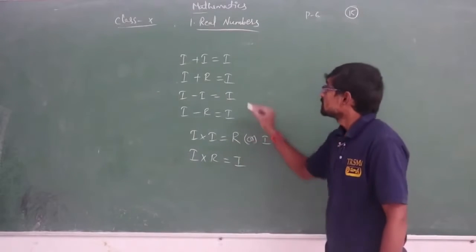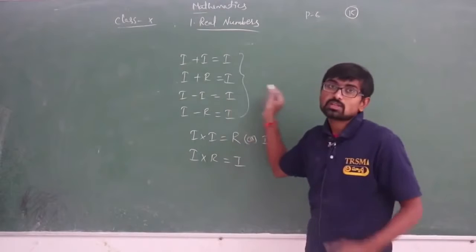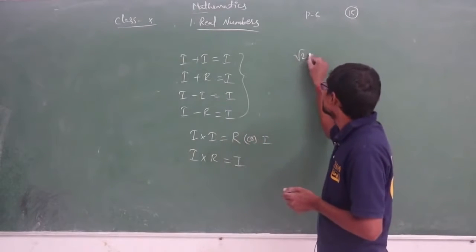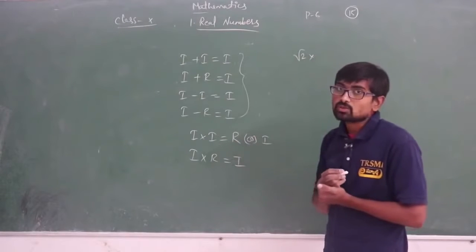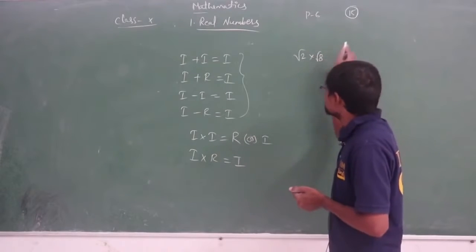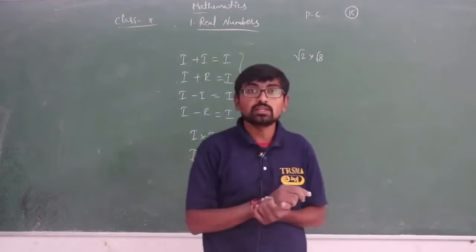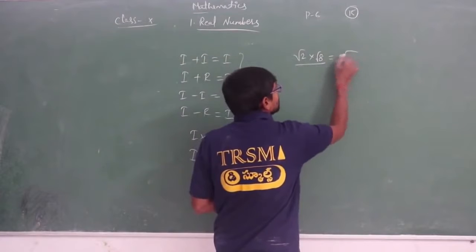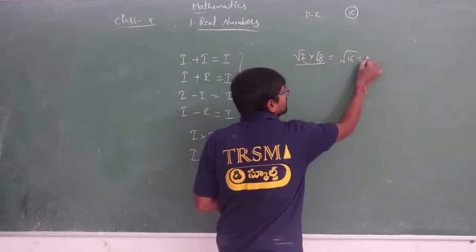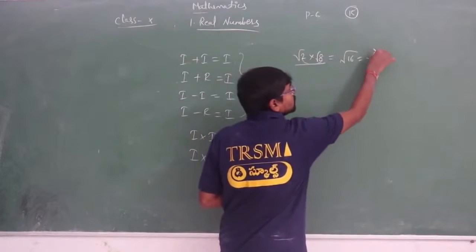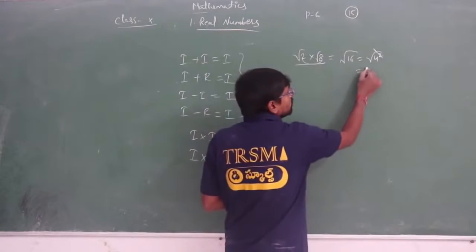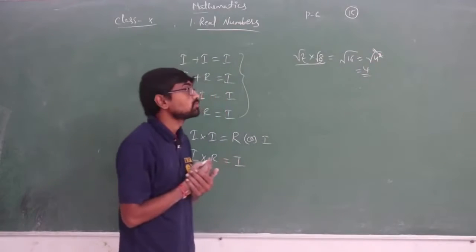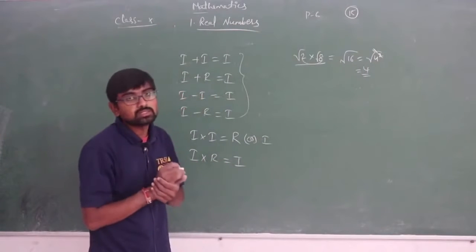See here, you all know about these. Just now I have given an example. Now coming to this irrational into irrational, if I write root 3 into root 8, root 8 is also irrational, yes or no? So if I multiply both, I will be getting 2 8s are 16. So 16 is a perfect square of 4, isn't it? So the square and root get cancelled. 4 is rational or irrational? Rational number. So remember that thing.